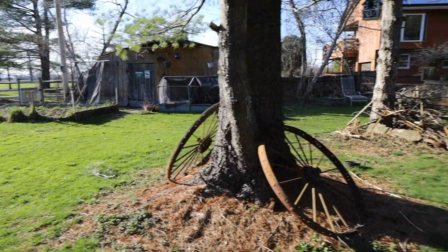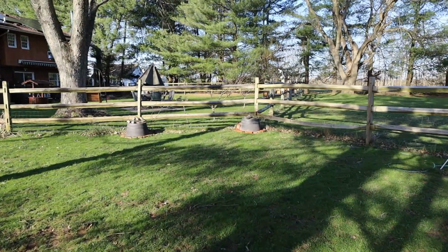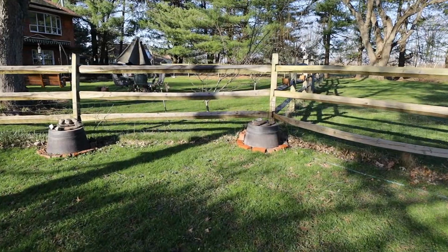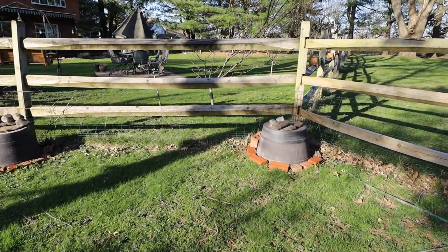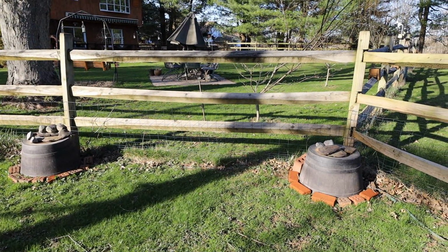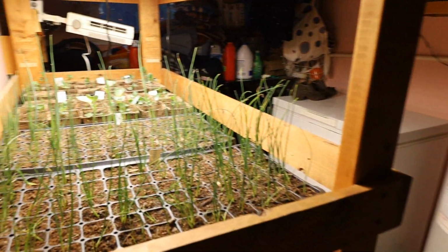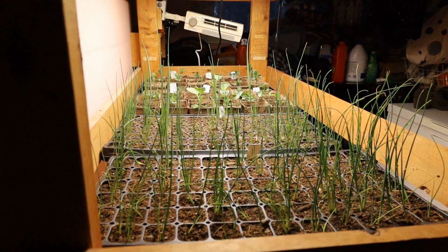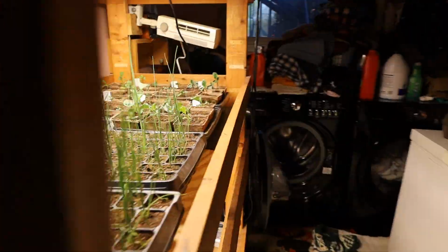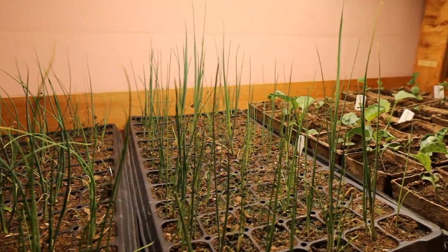But while I'm making my way over to the pond area, let's take a look inside and see what's going on in there, because we do have some stuff going on. So take a look. We'll be right back. Alright, so inside, look at this. We got stuff. In the front there is scallions. Next in line is leeks. And